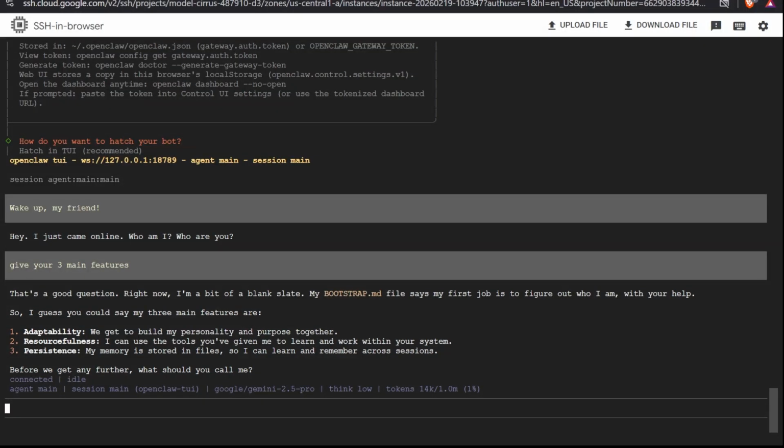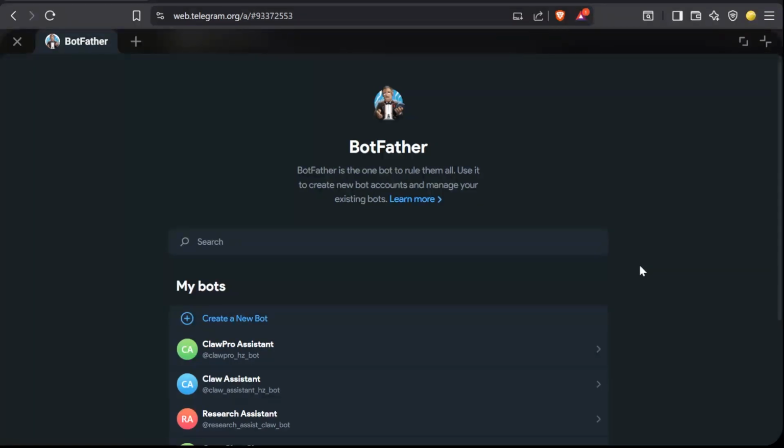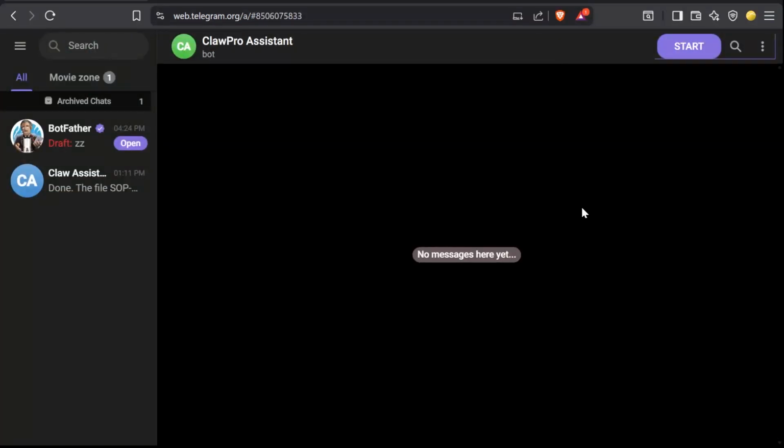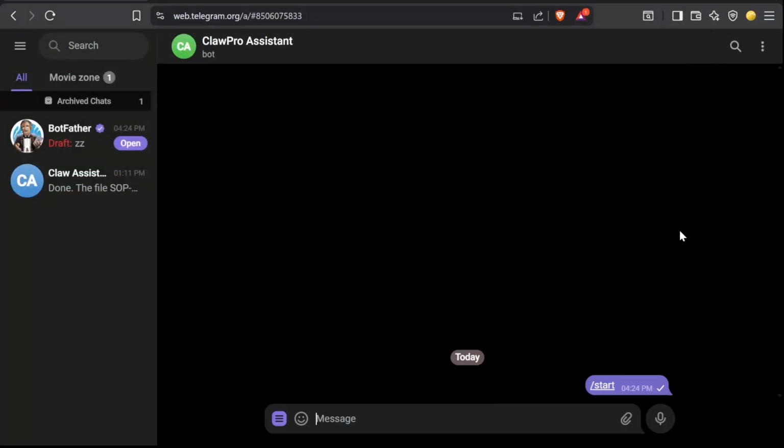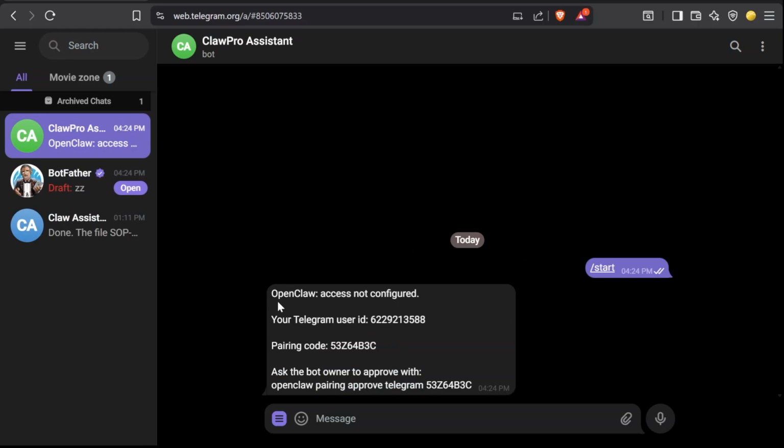And now to actually test out our Telegram bot, we would have to approve our user. And let me show you exactly how to do that. To start your chat, first off, go to your bots and click on your bot. Once you find your bot, simply click on this start button right here, and it will give you this message,